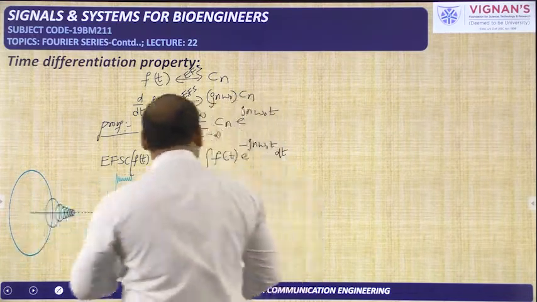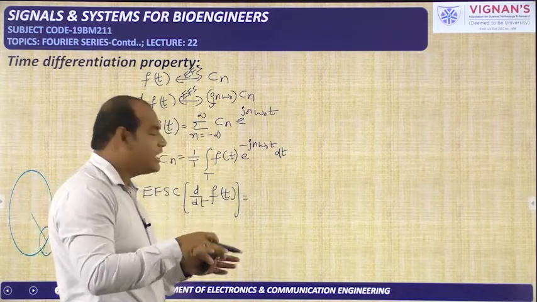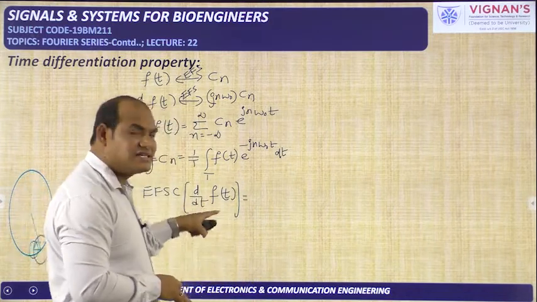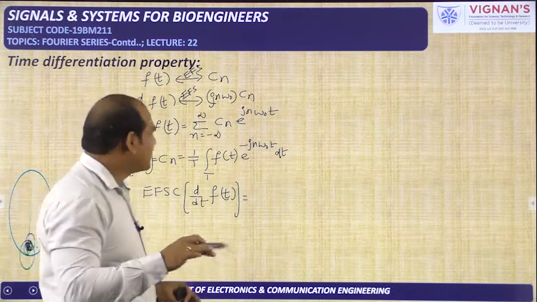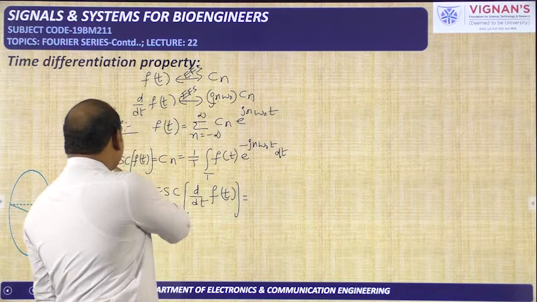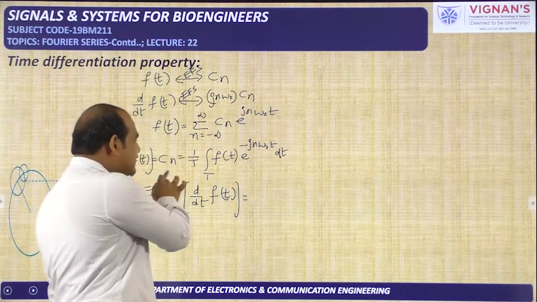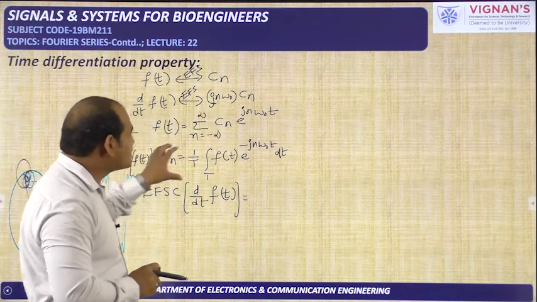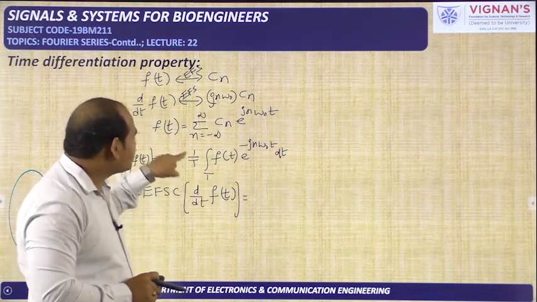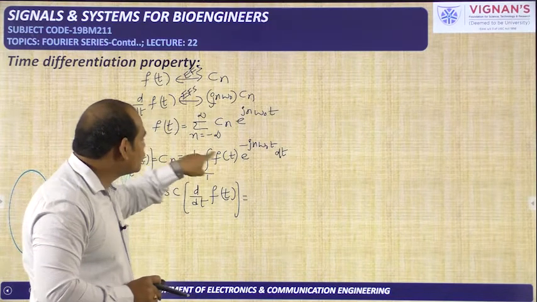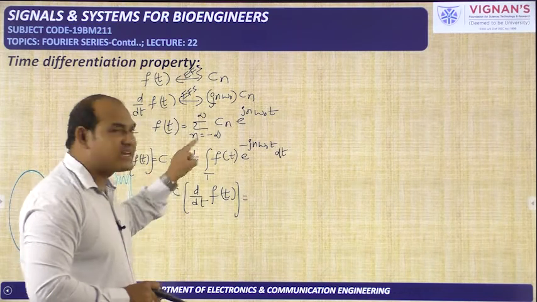So this is another signal. f of t is one signal. If you perform the differentiation of f of t, you will get another signal, and for that signal we need the coefficient. Look at how we have written the coefficient formula for f of t. Here, the exponential Fourier series coefficient of f of t is Cn, that is equal to, and you need to observe how we wrote this formula. 1 by time period, this is the time period of the signal for which you are calculating the exponential Fourier series. Cn is the coefficient for f of t.